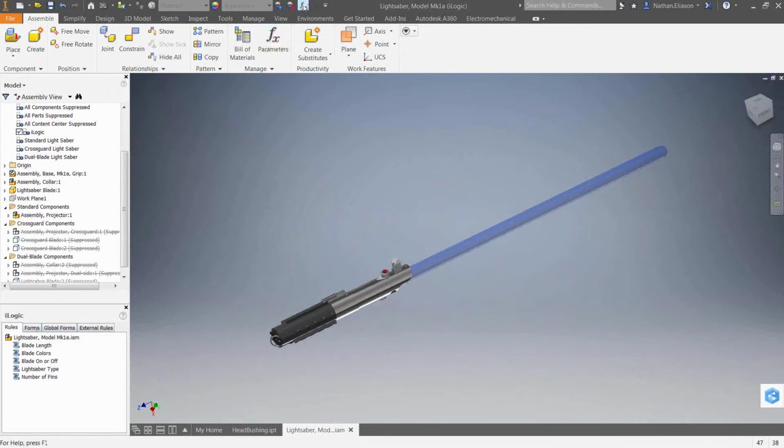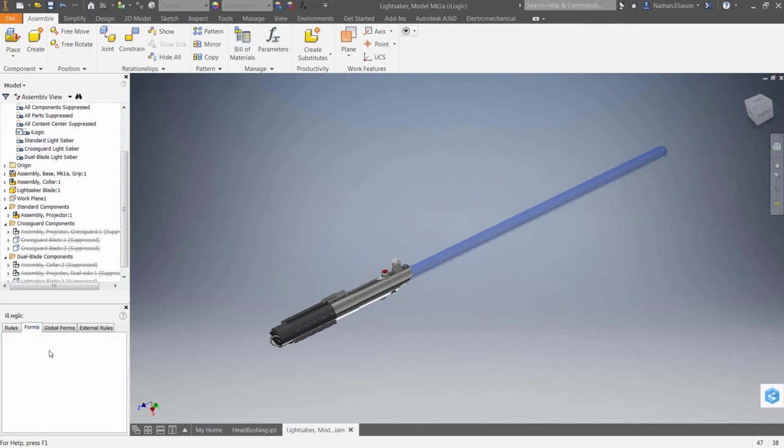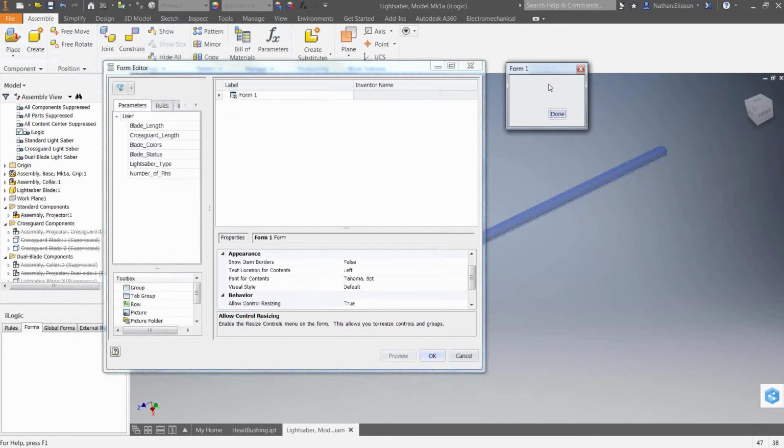Now, the last thing I want to show: before, we've been modifying our part by going into our parameters dialog, but maybe you want to make it a little simpler and provide a standard form for them to make all of these options. So inside of iLogic, I can just right-click and go to my Add a Form dialog. I'm going to bring this in so that you can see it. It provides me a preview, and we're going to call this our lightsaber